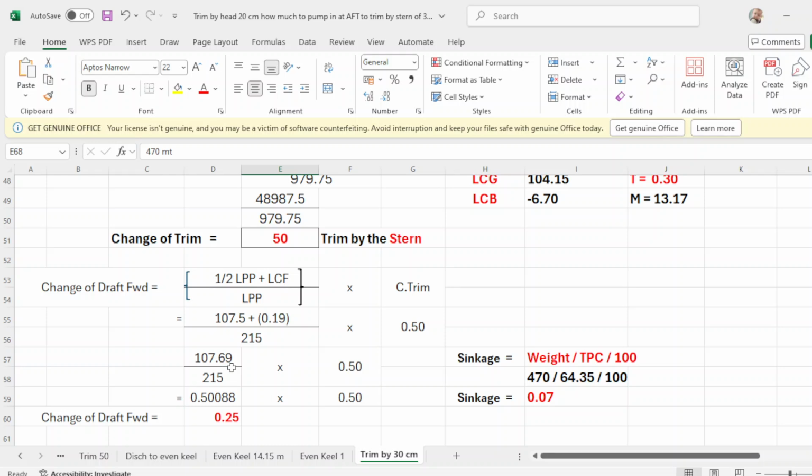Divide 107.69 by 215, that will be 0.50088. Multiply by your change of trim of 0.50, and your change of drop is 0.25. Okay,